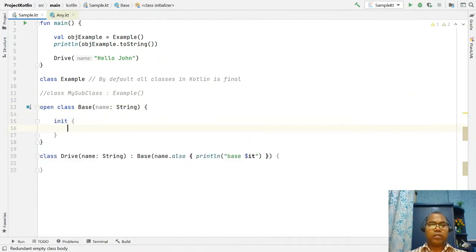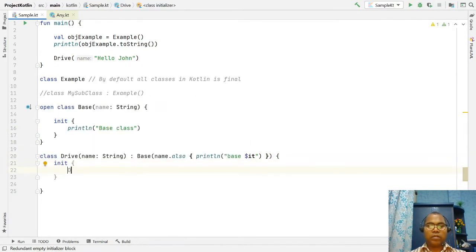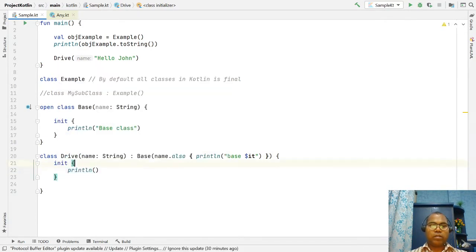So here let's say init, println base class, and here you say init Derive class.